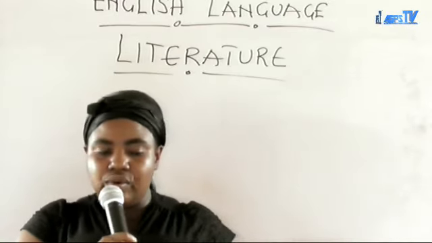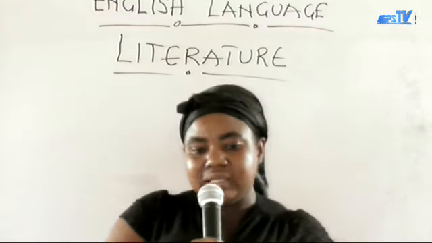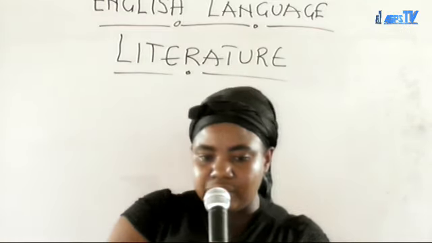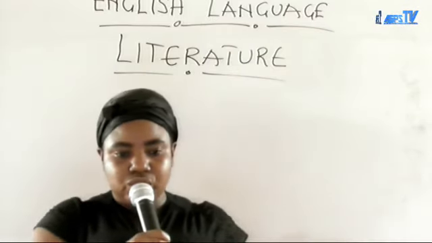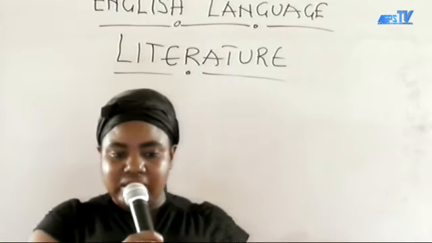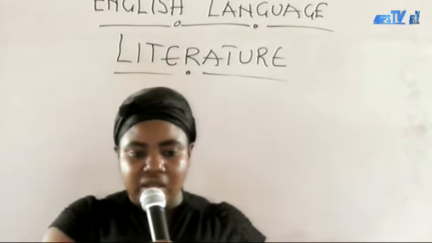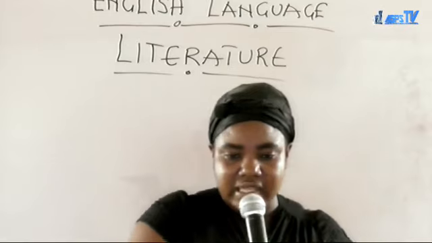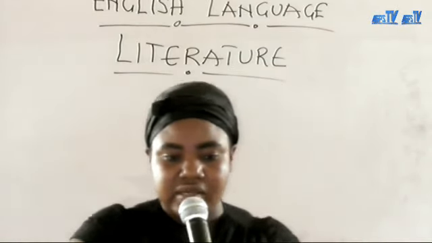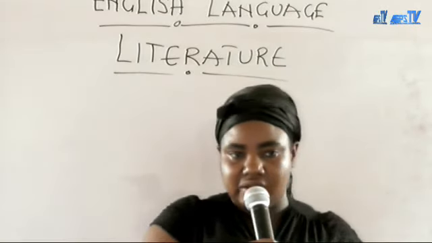We move on to another literary device. We sometimes do comparison, but with this comparison, we don't use like or as. We compare two things, but we don't use as or like. When we are comparing directly without the use of as or like, we call it metaphor. It's another type of literary device. So the second literary device we are going to talk about today is metaphor.